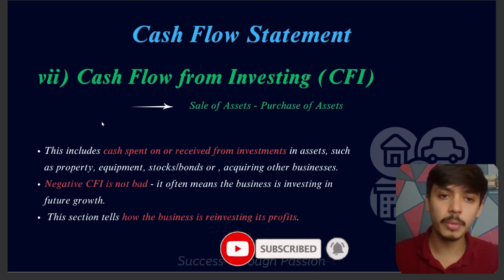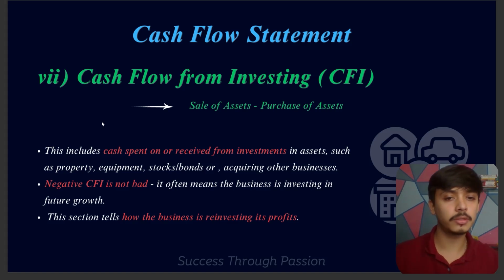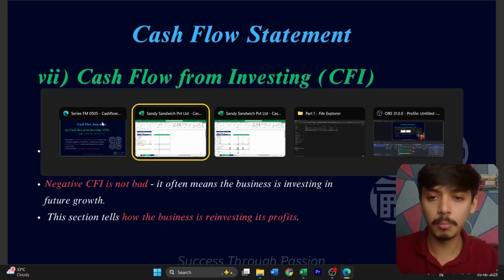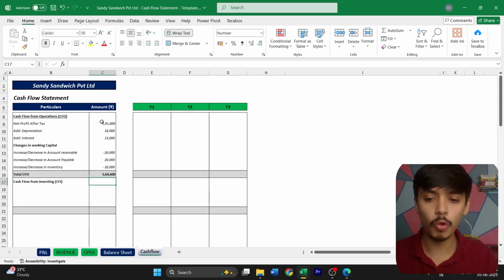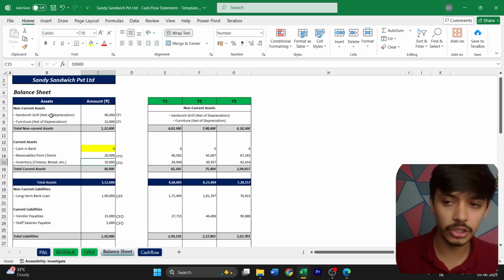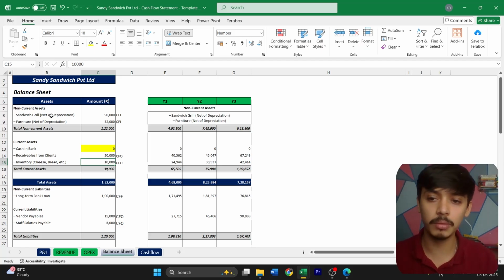So cash flow from investing is equal to sale of asset minus purchase of asset. That is, if the asset is increasing, we are spending money on buying the asset, and that will be a cash outflow. And whenever we are selling an asset, we are receiving money for the business. For the company that we have taken, we have only purchased assets, which are the sandwich grill and the furniture. We have not sold any asset in the current year,